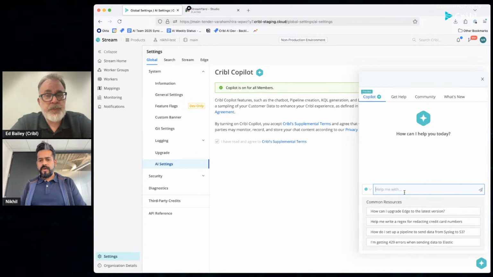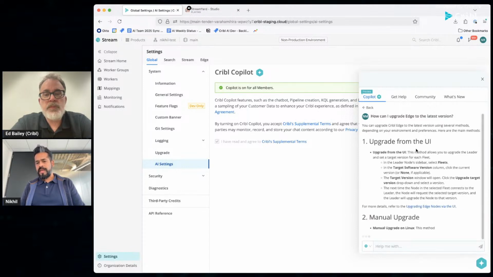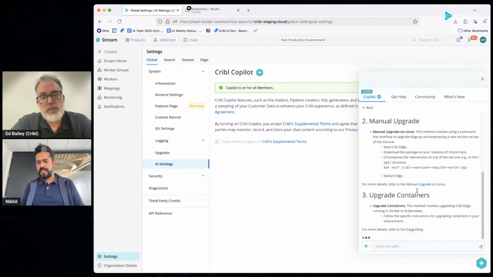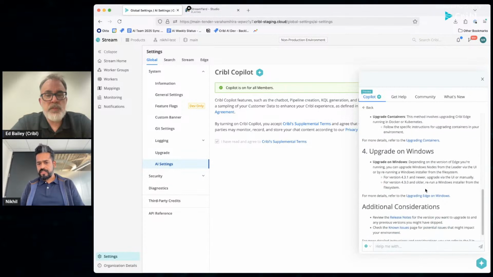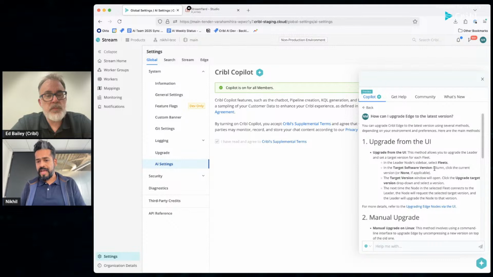Yeah, so this is useful for asking open-format questions like, hey, how do I upgrade X to the latest version? And this will show you everything that you need to do over here. And then this is a really handy add-on, and this is based on our excellent documentation that we already have in the product.